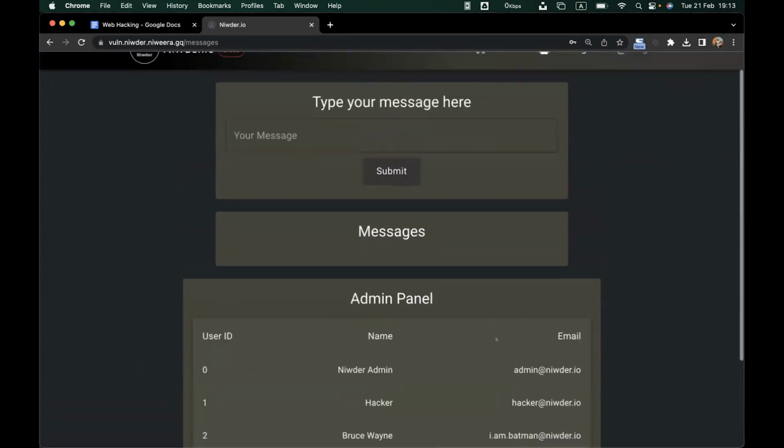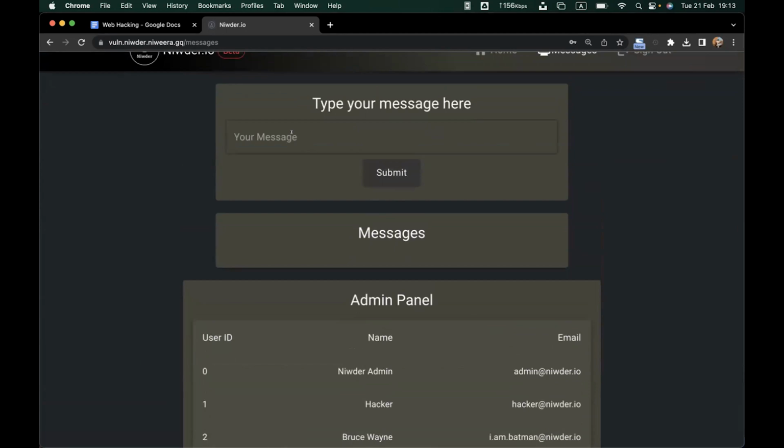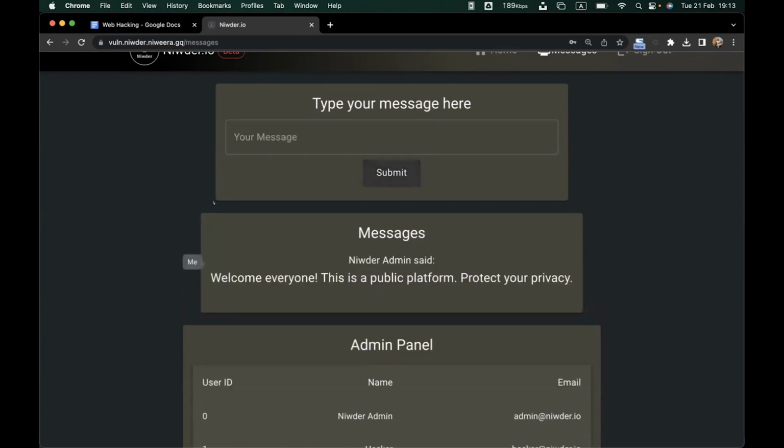So as the admin, I will add some kind of a message so that all the other members in this platform can see it. So let's say, as the admin, I mention that this is a public platform and the users should protect their privacy.